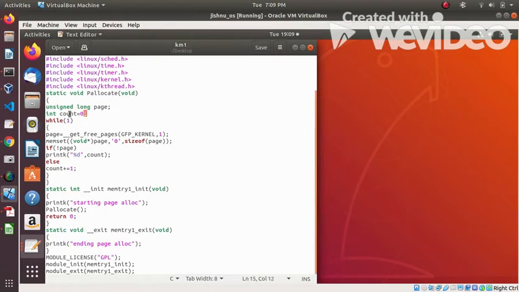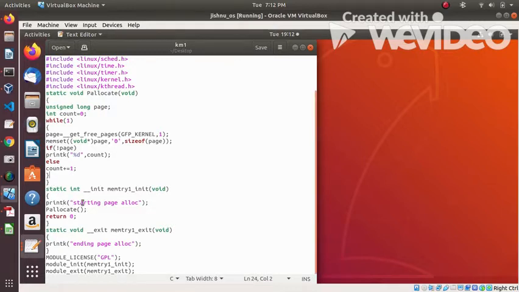Here we initialize the count variable with 0, and whenever a page is allocated, we are allocating one page using this function called get free pages. If there's nothing in page, then we print the count. Else, if a page is allocated, we increment the count, and we have initialized the count to 0 here, so the count will be printed. This is what we are planning to do.